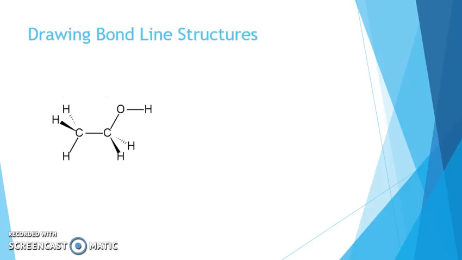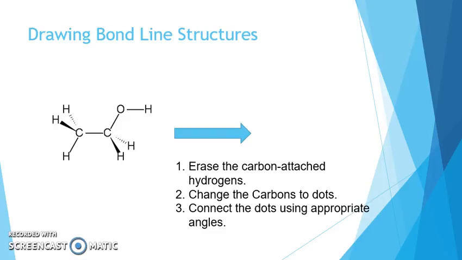When we look at ethanol, we can start with an expanded structure pictured here. There are 3 basic rules to drawing a bond line structure. First, we will erase all hydrogens that are attached to a carbon. Next, we will erase all of the C's for carbon and replace them with dots in the same place. Finally, all we must do to create a bond line structure is to connect the dots and remaining letters according